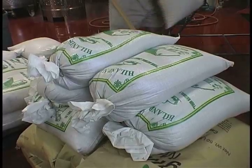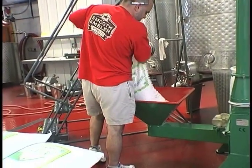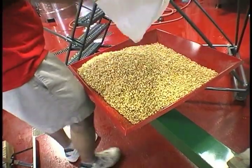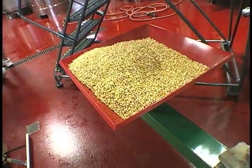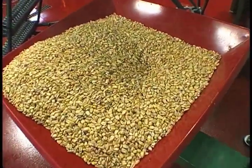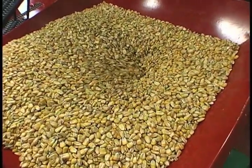The grain that we use is primarily organic. We use organic wheat and organic corn. We get it here regionally. We also use a distiller's malt. The reason we use those is just to make sure that we start with the purest ingredients possible to match in purity the process that we use with the raw ingredient. We use a number 2 field corn, which is a very, very clean corn,